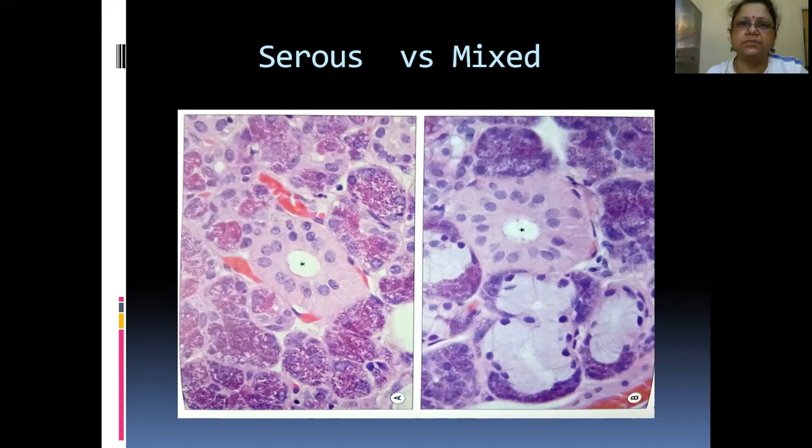And while the other slides are a mixed variety, partly serous, partly mucus, that is the submandibular one, 40-60 as I told you. And serous, like parotid, there will be ducts in between and it will be more purplish violet-ish. Okay, you do not see pale areas like this.